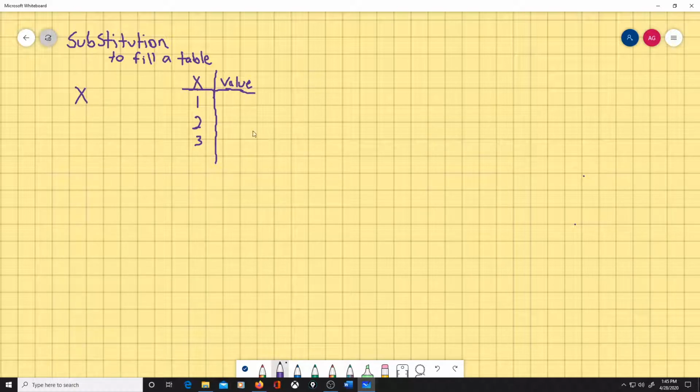So what we're looking at here is another way of practicing substituting values in for expressions and getting out a value, but this time we're going to be putting our values into a table. And the reason we're doing this is that it's a really good way to get us ready for graphing equations when we get there. So as you see here with this really simple expression, it's just a variable, x by itself,